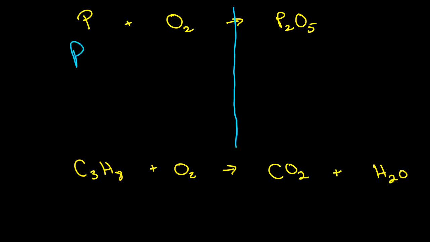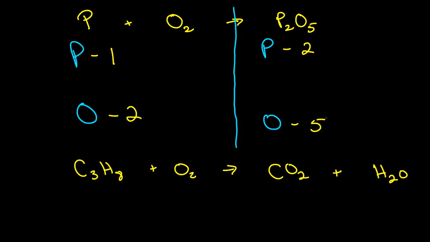I have phosphorus and oxygen. The reactant side has 1 phosphorus and 2 oxygen. The product side has 2 phosphorus and 5 oxygen. Now, usually it doesn't matter where you start, but this time I'm going to choose to start at the end